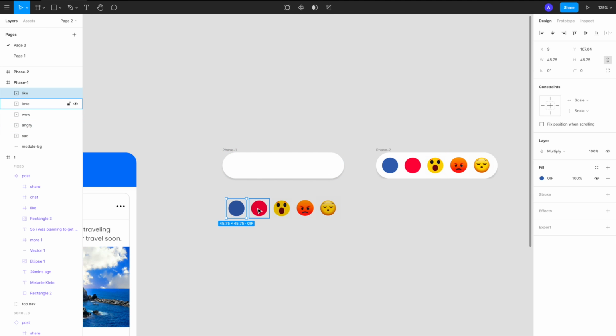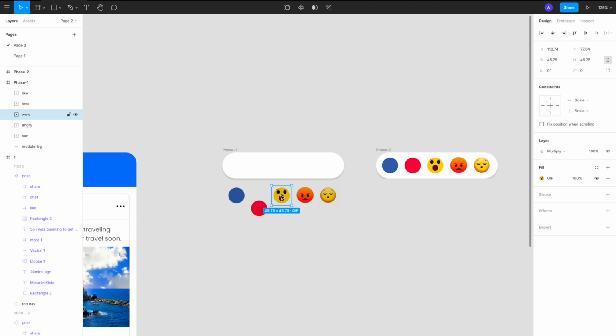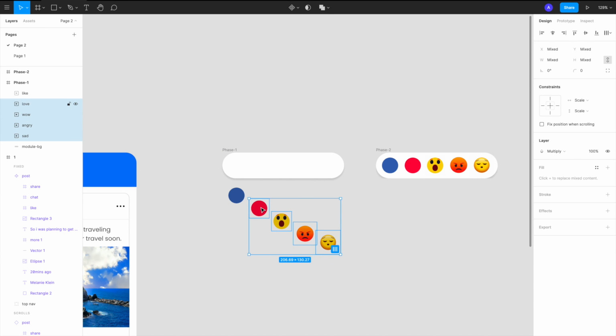We don't want them to appear at the same time. So we can do a small trick here. We can make the distance from this area slightly different for each one. Figma does not allow different timings for different interactions, so we can have different distances, so it will take different time for them to appear.